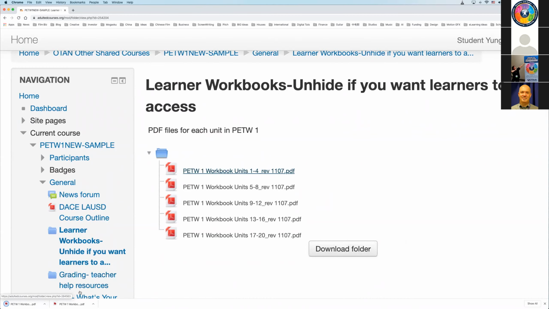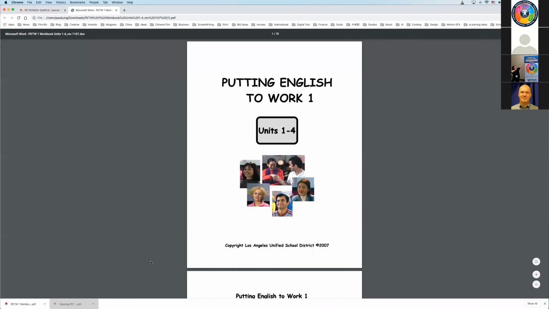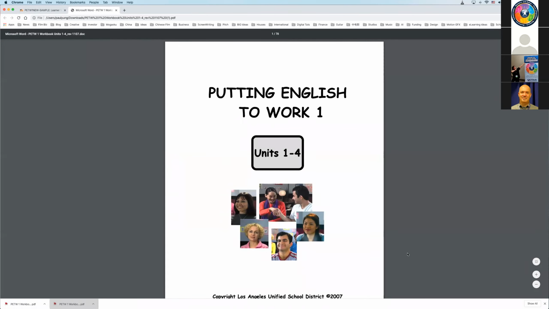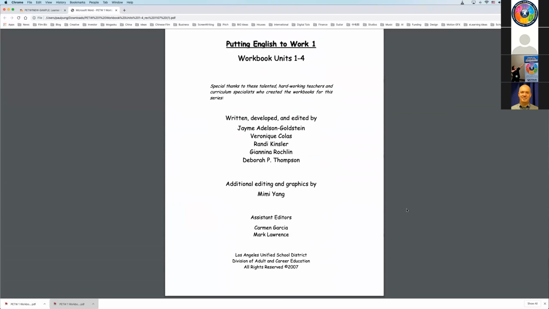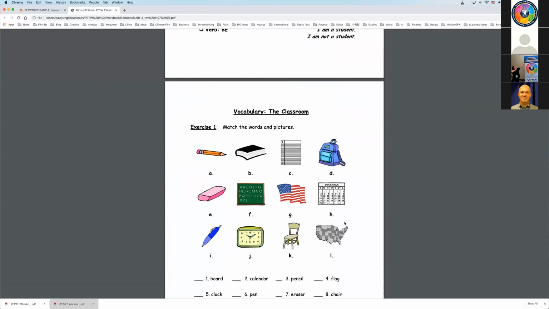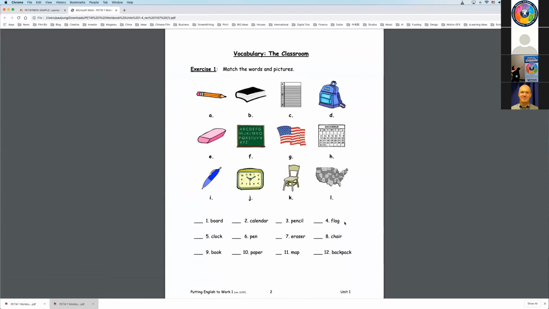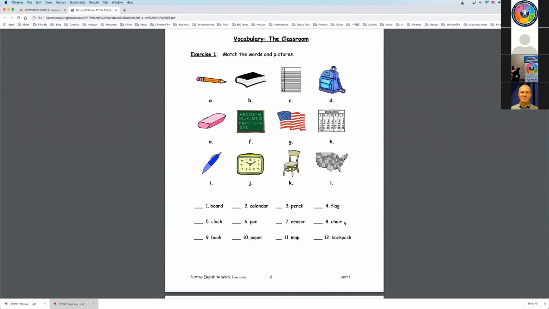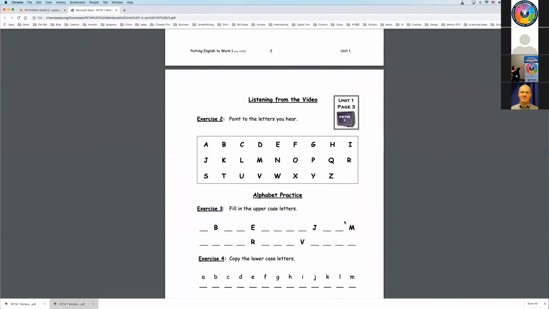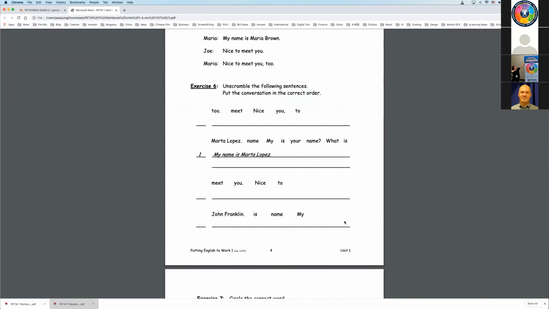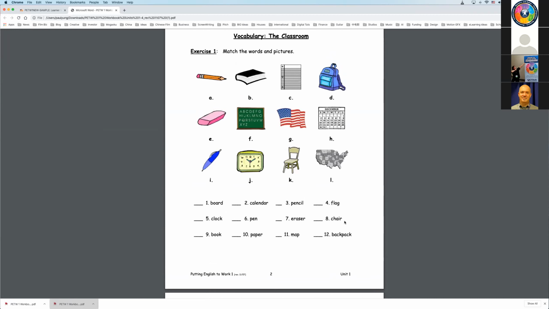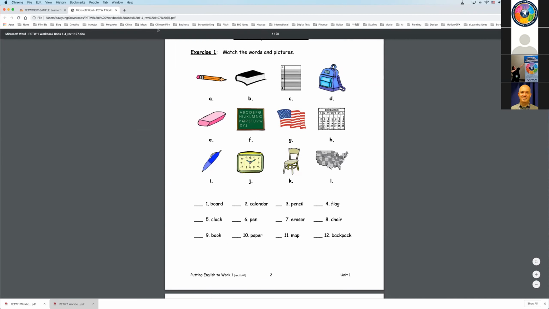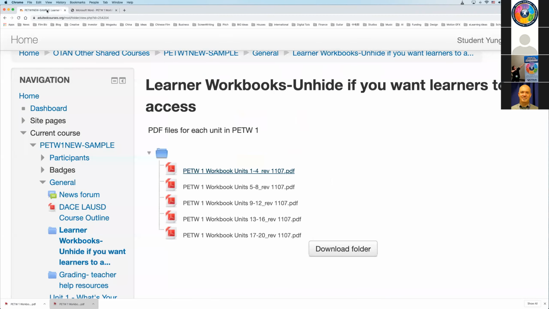Those of you who have seen the traditional workbooks will recognize this. These are the booklets that the students used to pay $3 or $4 for, right? The only difference here is that this is in color. The workbooks were distributed in black and white, and many of you will recognize this. So this is what the first exercise looks like: Vocabulary 1, exercise 1 of unit 1.